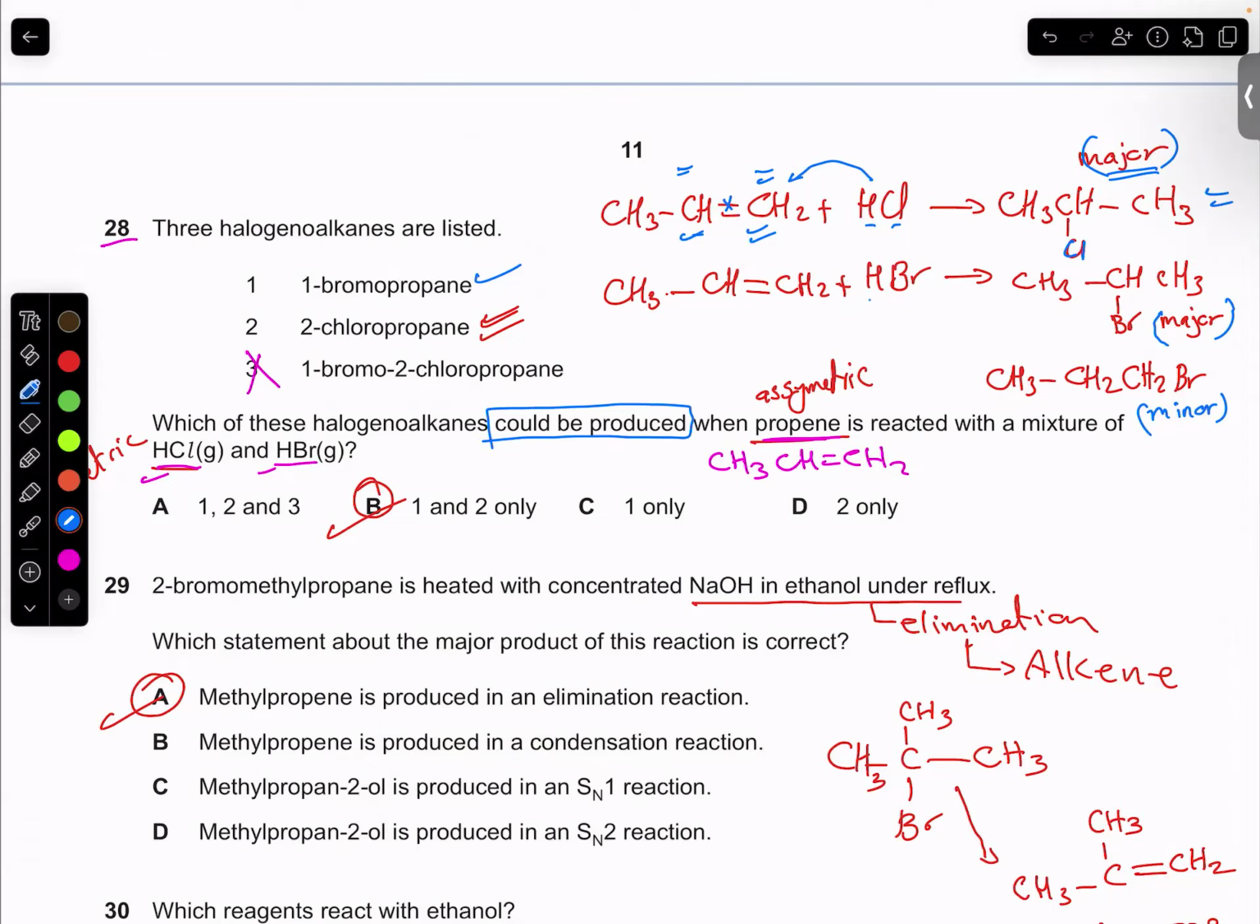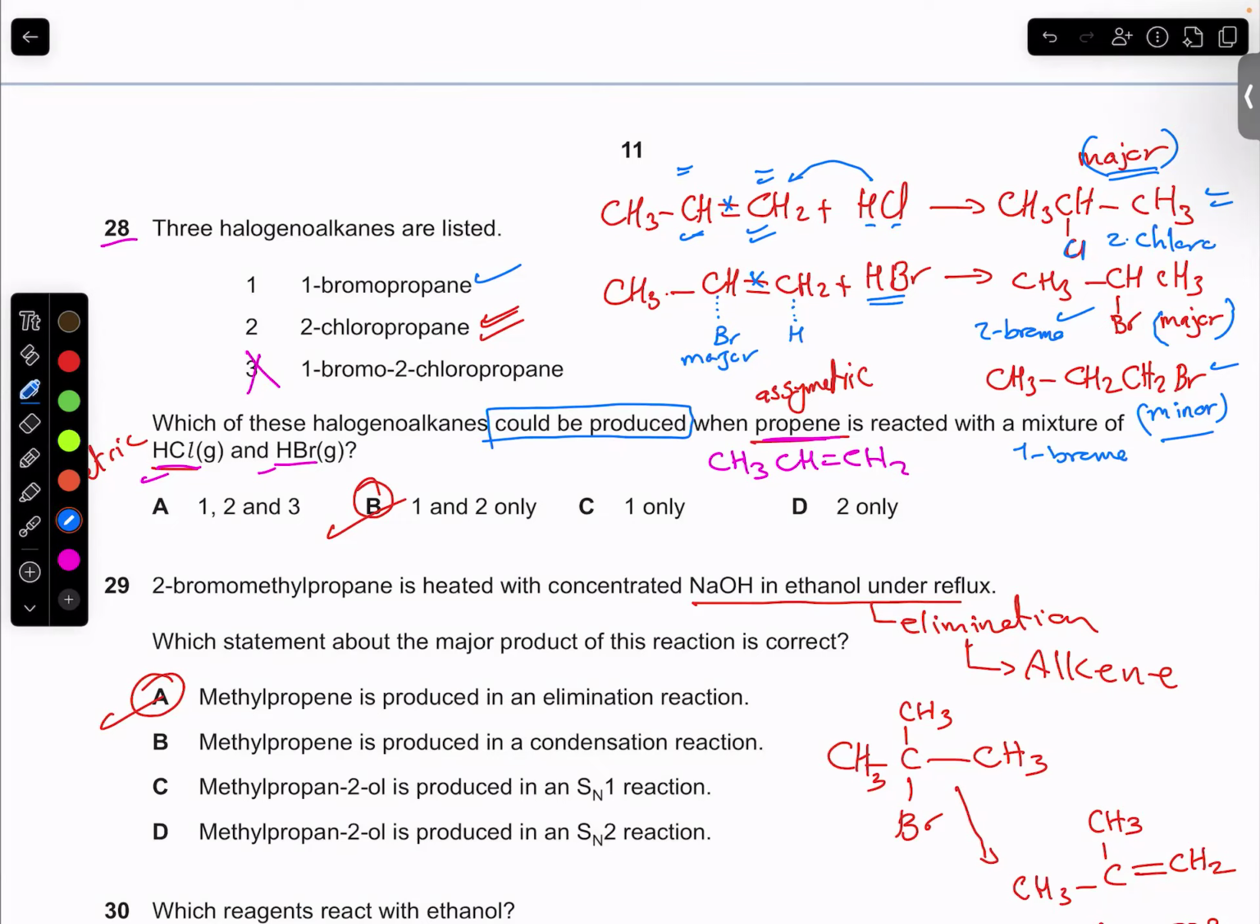Okay. Also in the second case, HBr, if you add HBr, you will break the double bond, and Br will be added here and H will be added here. This will be the major product, and this one will be the minor product. So the major product will be 2-bromo, and here the major product will be 2-fluoro. Okay, and 1-bromo